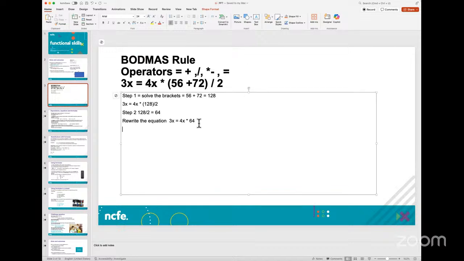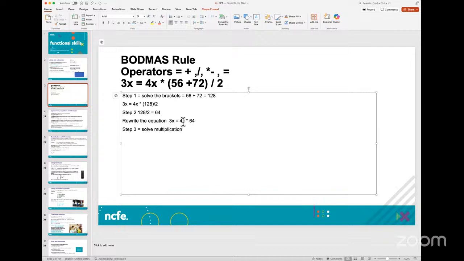So what I'm going to do now is, because these two are similar variables, 3x and 4x, I'm going to transfer these variables in a way that they can align, to give me a simplified equation. So step three, I have to solve multiplication now,